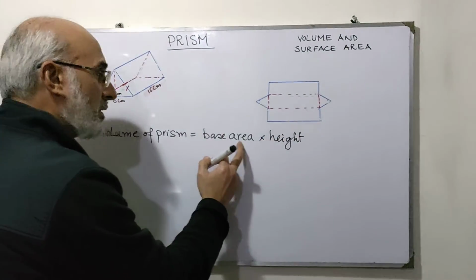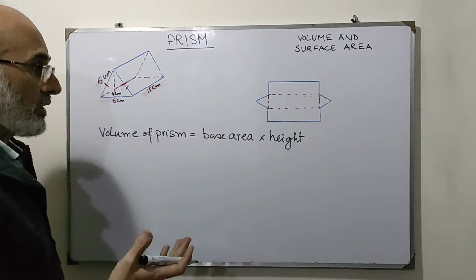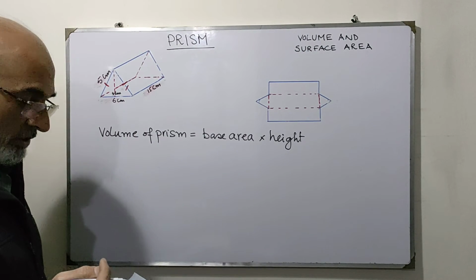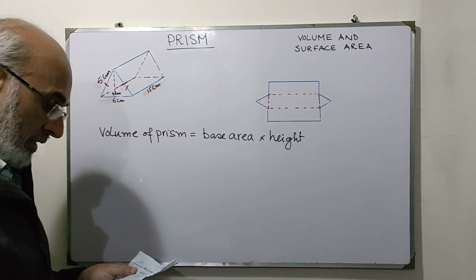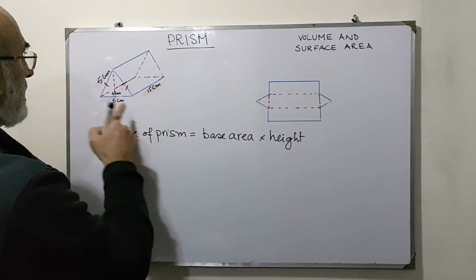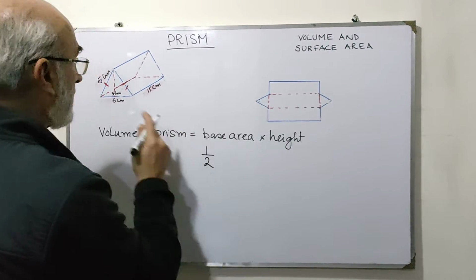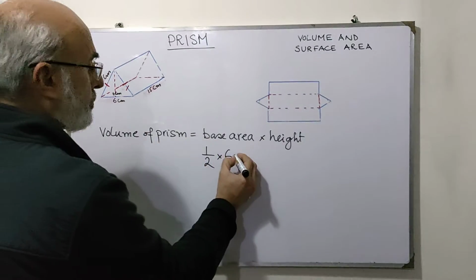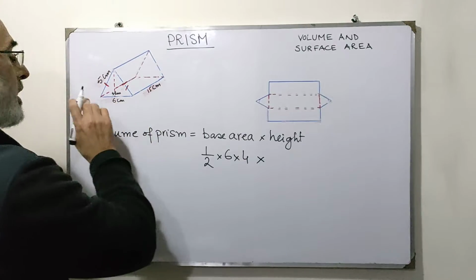Or you can say this base area, you can name it as a cross section: area of a cross section into the distance between the cross sectional bases, right? So the base area is half, since it's a triangle, half into base, which is 6, into height, which is 4, okay, into,